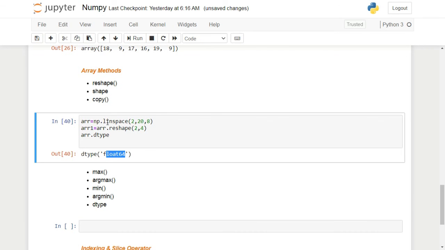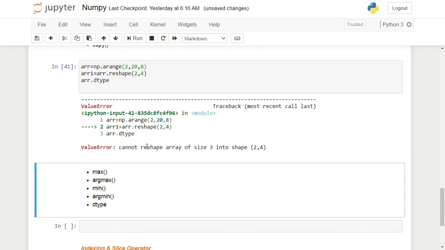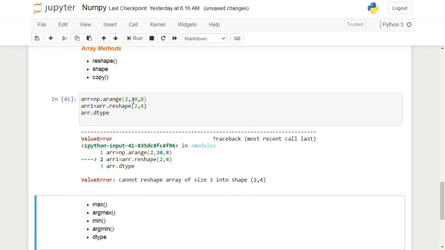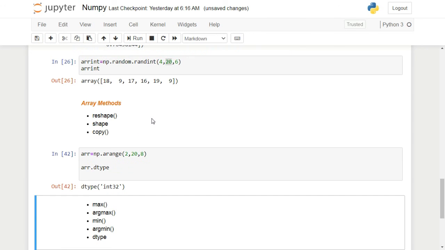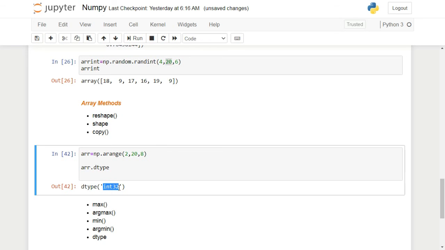However, if I had used arange here, it would be an integer array. I can remove the 8 for now, because it tells me to take a step of 8, so it won't match the number. Now if I check, you can see I'm getting an integer. So dtype is used for that.